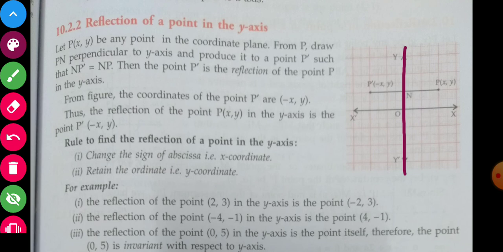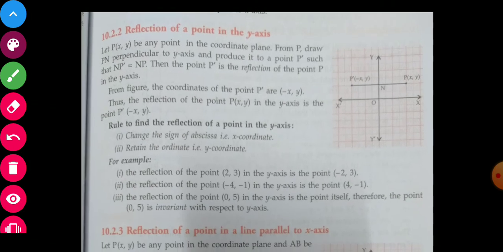If the x axis is my axis of reflection, then I will have a change of sign for the y coordinate. Okay, just the opposite, right? We can also see, since here it is measured on the right side, x is supposed to be positive. Here x is measured on the left side, so that is why x is negative. When you measure up, y is supposed to be positive. When you measure down, y is supposed to be negative. That we already know. So this is how we get the reflection of a point in the y axis.